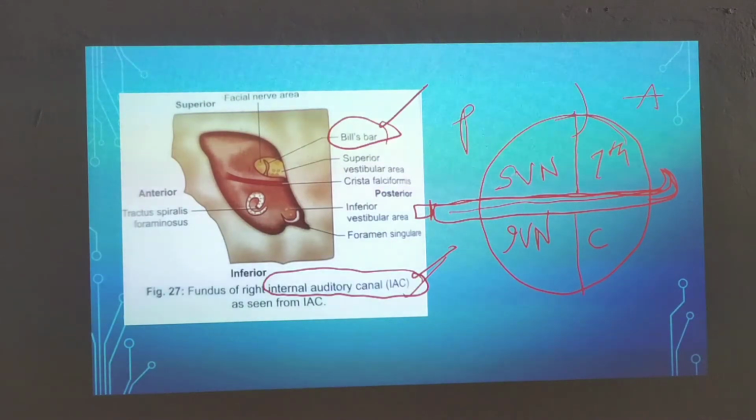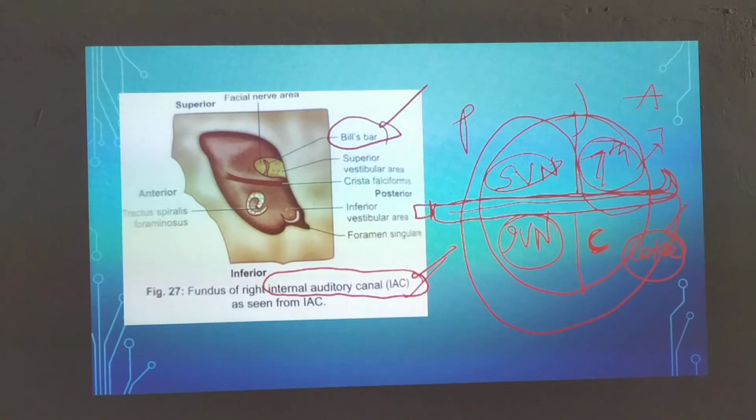So the seventh one is the seventh cranial nerve, as you know, and this one is the cochlear nerve. So how do you remember that? This is 7 up and this is Coke down. Just simply remember like this: 7 up and Coke down, and the superior vestibular nerve and inferior vestibular nerve. Through this, all these nerves travel. Normally these three are related to the vestibulocochlear nerve, and the seventh one is also taking part along with this.